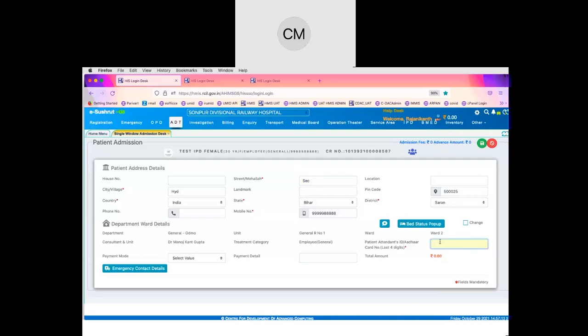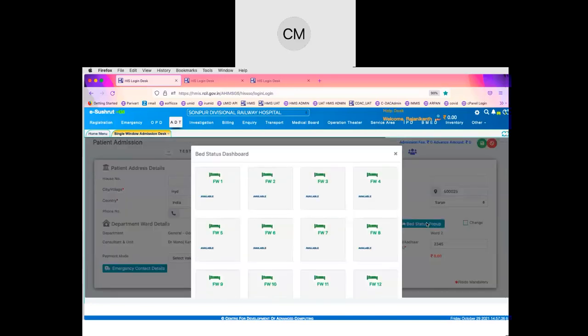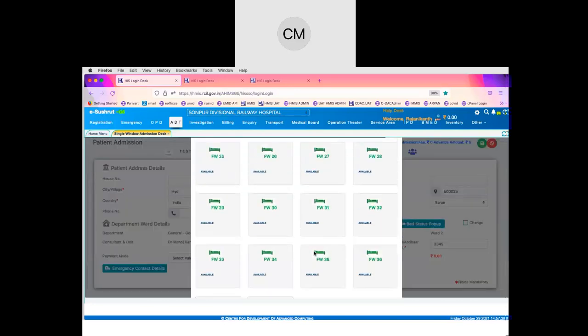So the nurse will simply accept the information here, and one or two pieces of information the nurse has to update, because whenever the admission has to be confirmed, the patient will also have an attendant for whom we have to issue an attendance slip. So for that we will capture the ID number so that the attendant can also be identified. And after that we can also check the